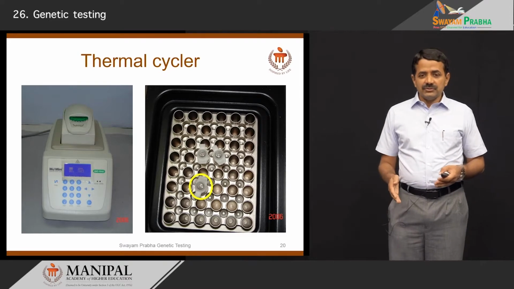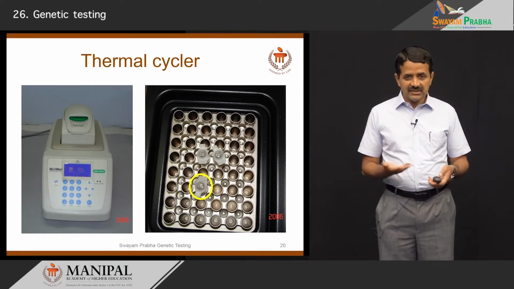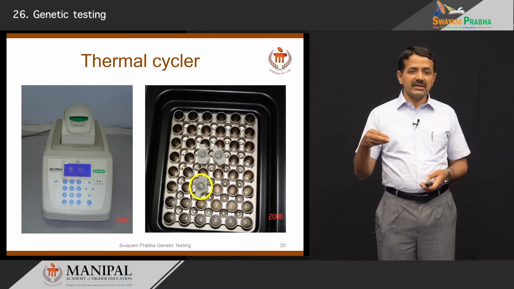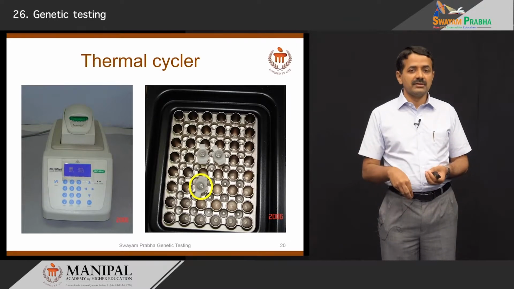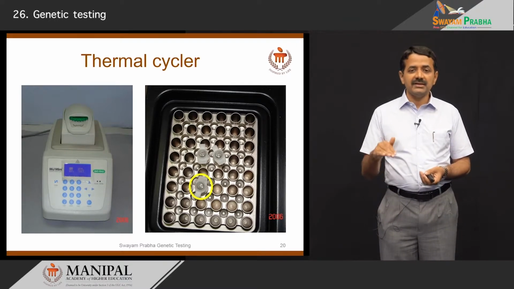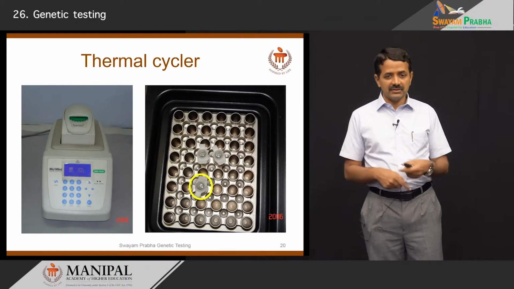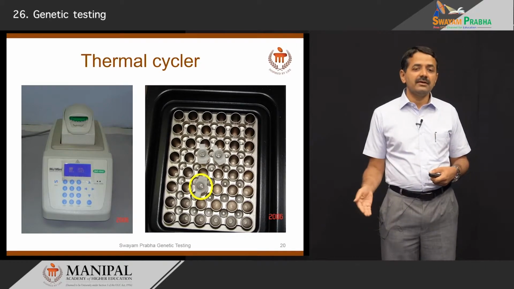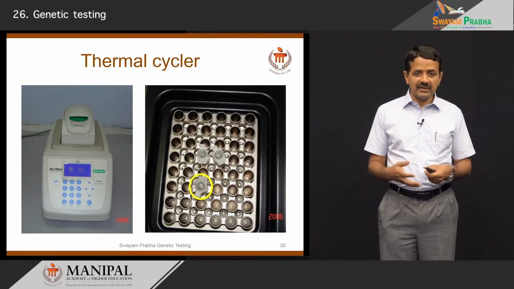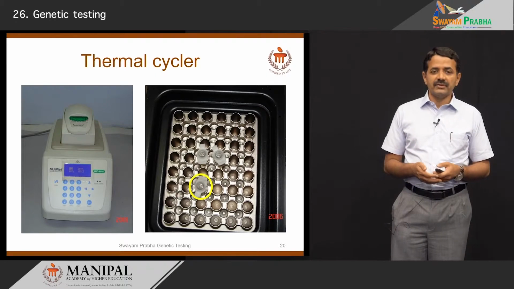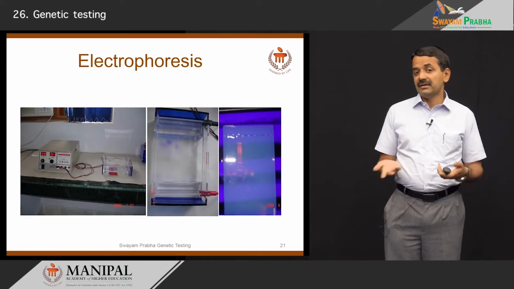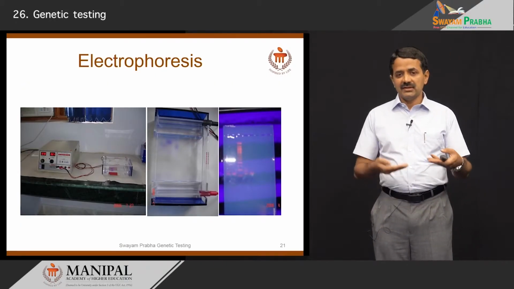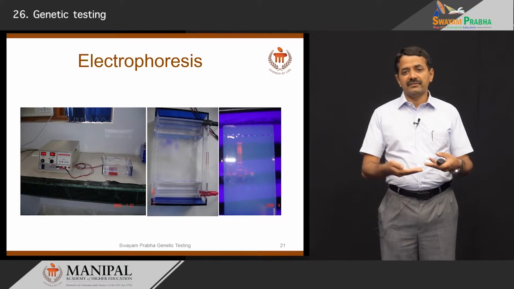Most common tests use PCR. I am showing one PCR machine and how we keep the DNA and the tube in one of the wells and then heat at different temperatures. It is cycled across different temperature gradients, and at the end of the PCR reaction we get multiple copies which are sufficient for analysis by something like electrophoresis, where the DNA fragment migrates